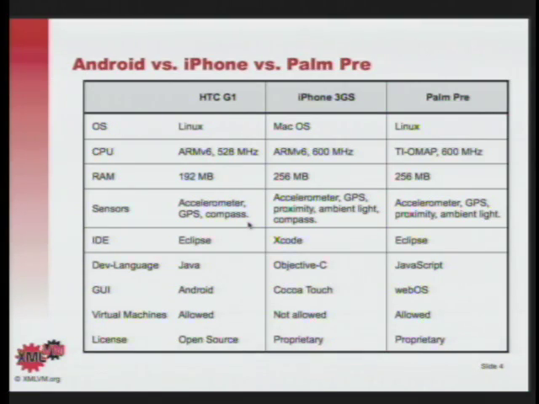As a developer, of course, you look at the smartphone from an SDK perspective. So how do you actually write an application for the phone? If you look at Android, Android is using Java as the language to write an Android application. And the GUI is based on a specific Android API that you make use of in writing an Android application. You have virtual machine technology on that phone, and everything is open source. Well, there is a bit of a caveat, of course, that there are some proprietary parts that Google does not turn into open source, but at least for the base SDK, everything is open source.